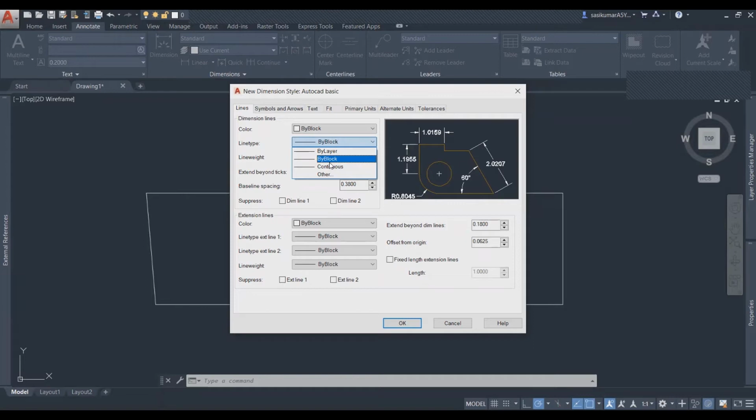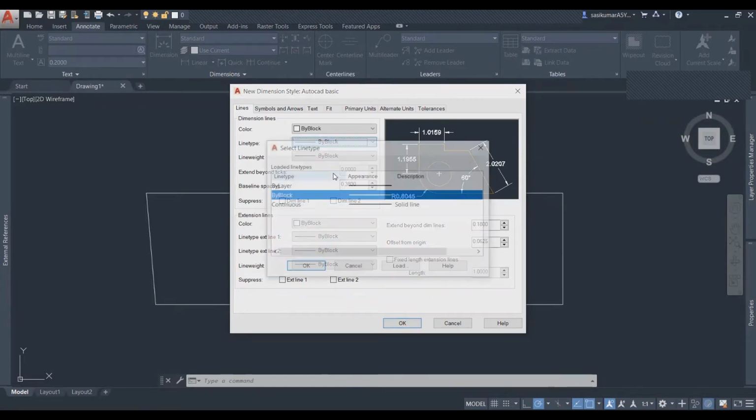or normal sketches. From the beginning, we have chosen only the continuous line to draw lines, circles, arcs, and rectangles. But here you can customize your linetypes also. Maybe you wonder what that linetype is. See here below: you can choose ByLayer, ByBlock, Continuous. There is one more option, Other.